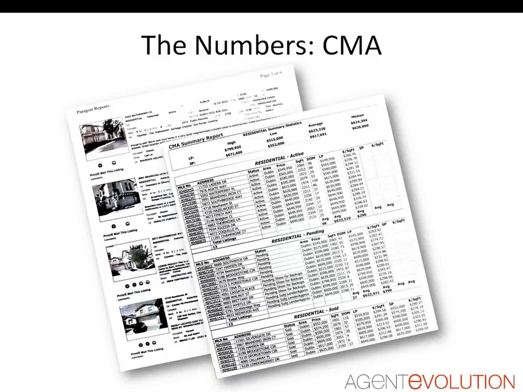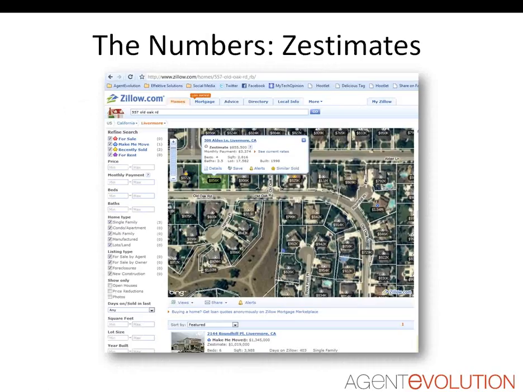So those are some important things you want to include in the numbers, but also, it is 2010, and you know that they've been to Zillow and some of the other valuation sites on the web. Sellers are pretty savvy, and they'll go there, they'll check out what they think their home is worth, and this provides actually a great opportunity to show off your own expertise and knowledge of the local market area. You can have something like this printed out or even bring it up. If you have an iPad or a laptop there, you could always run it really quickly and say, let's go over to the computer and check this out.